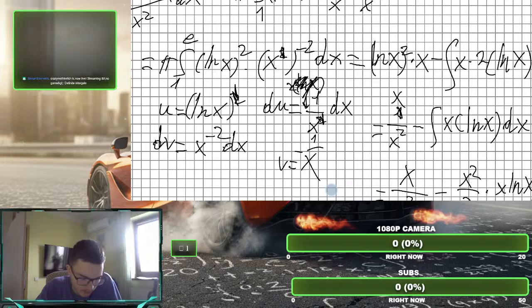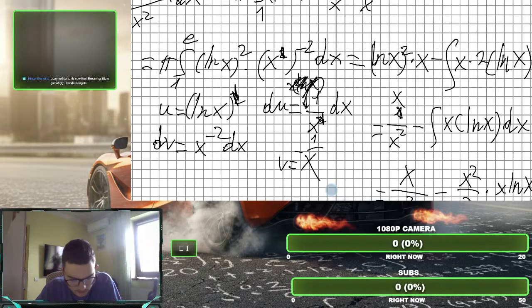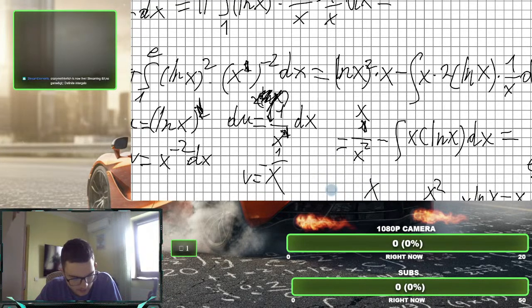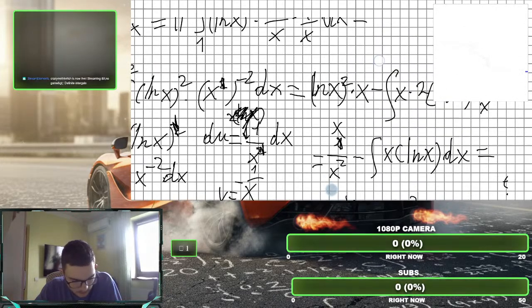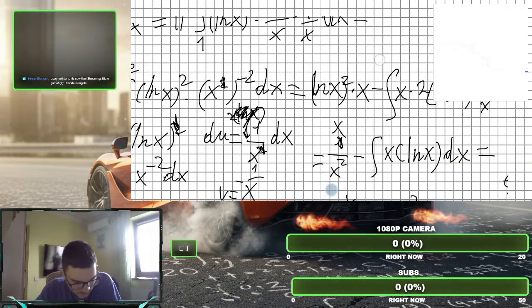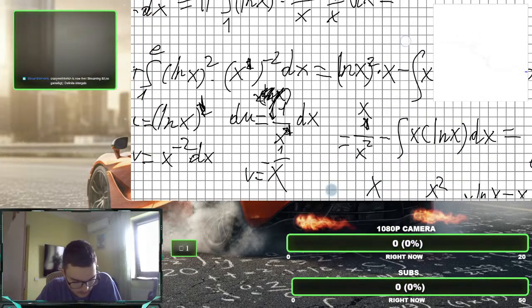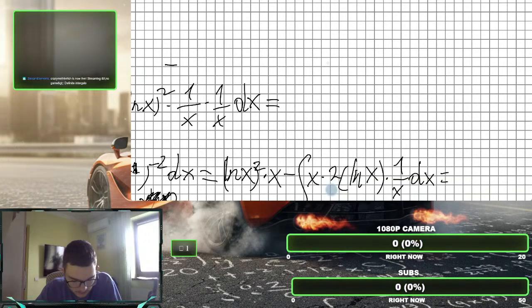You'd have u equal to ln x, du equal to 1 divided by x dx. So this is how it should be. And then you apply the formula, and you would have u as ln x, and v as x. Yeah, that's about right. So I'm gonna go from here: ln x divided by x, all of this minus,